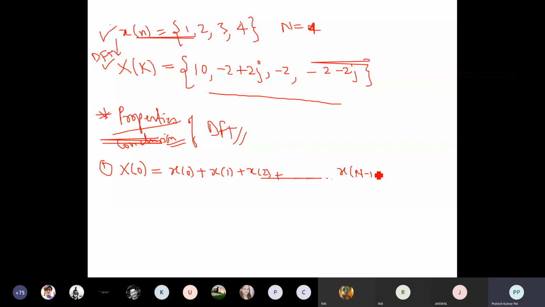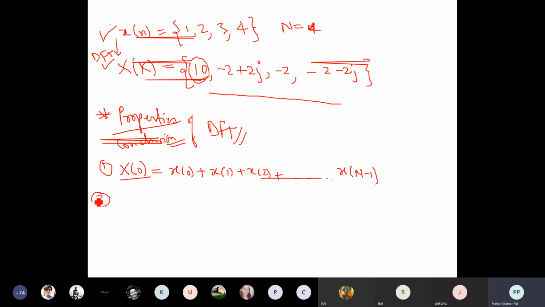That means जो पहला टर्म होगा, जो भी हम DFT फाइंड आउट करेंगे, उसका जो पहला टर्म होगा, that is x of 0 will always be the sum of sequences present in the x of n. x of n में जितने भी सीक्वेंस है उन सबका सम होगा. तो 1 2 3 4, इसका अगर हम सम करें, that is 4 + 3 is 7, 7 + 2 is 9, + 1 is 10. So this first term x of 0 will always be the sum of the sequences present in the given input sequence. Okay, this time domain sequence. ठीक है, so पहला हम ये कंक्लूड कर सकते हैं यहाँ से.